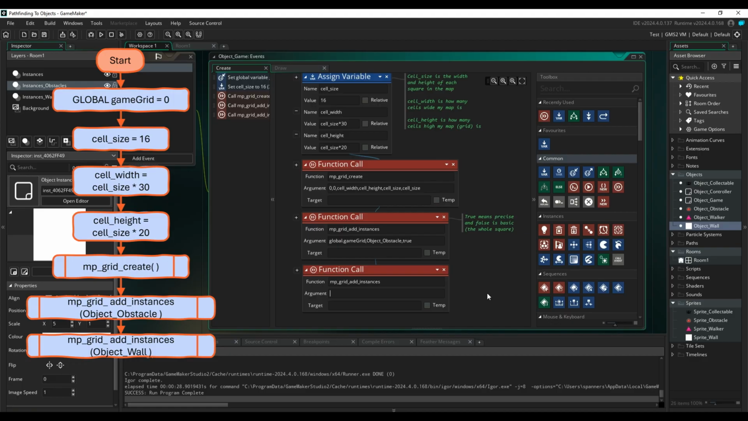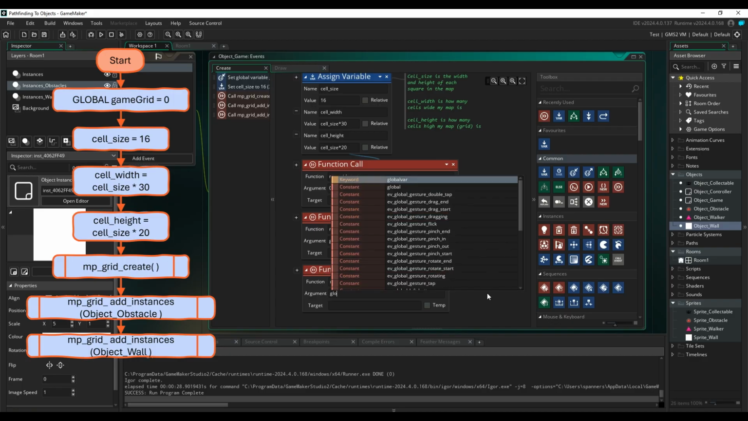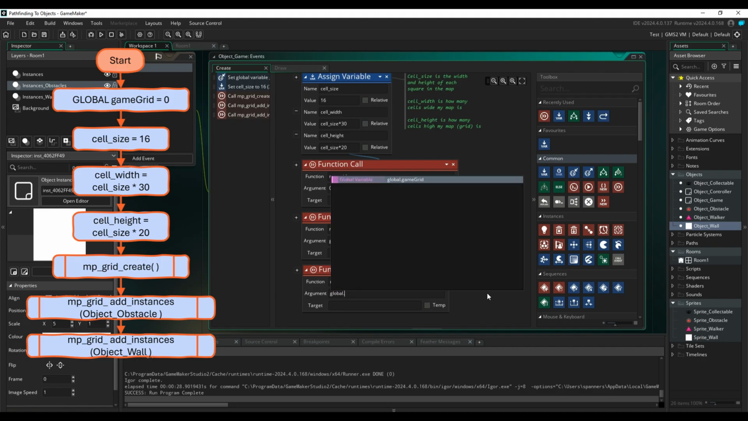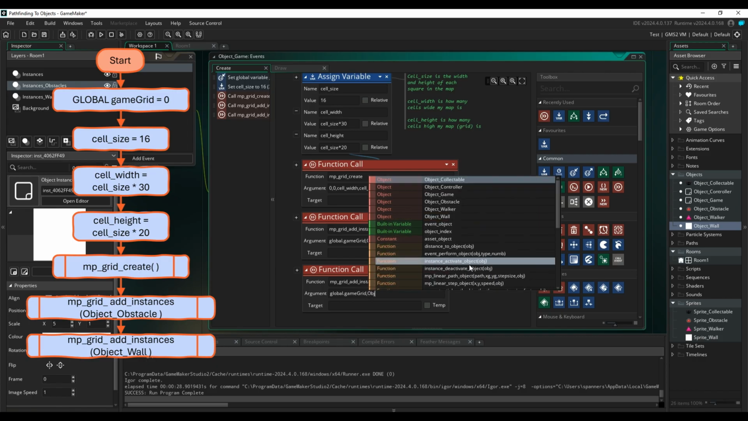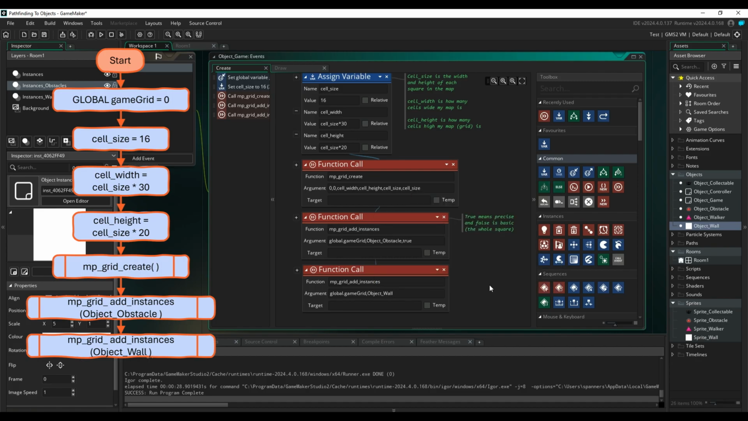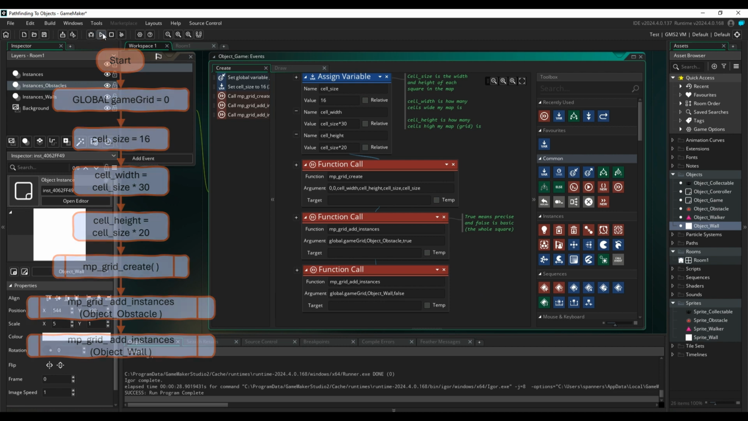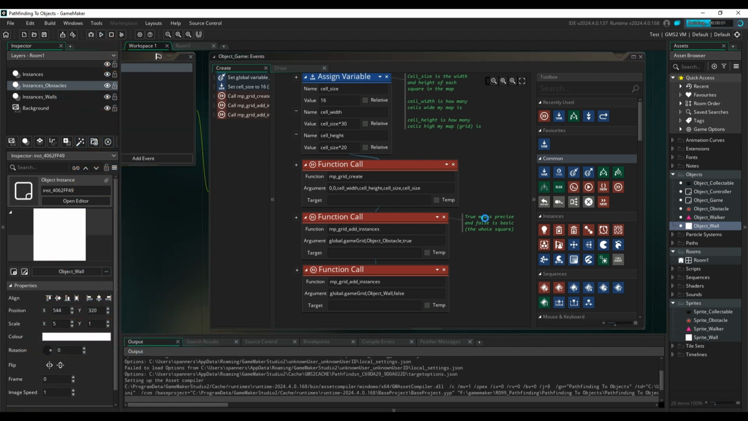We are going to say we're adding this to global.game_grid, and I want to add my object of wall, which is obj_wall. This one's going to be false. You can just get the whole square, that's fine. Just avoid it. So now if I run this, what you should see